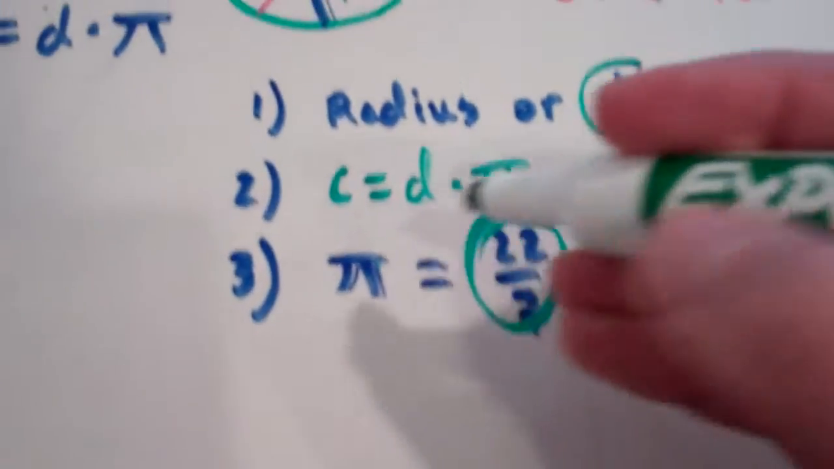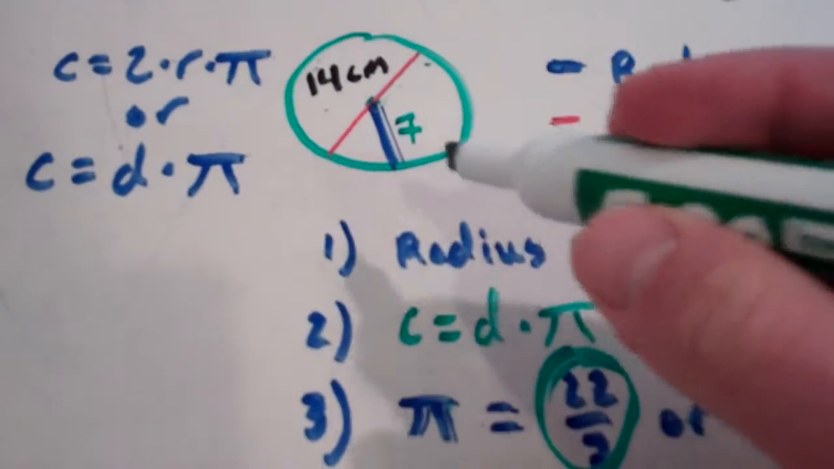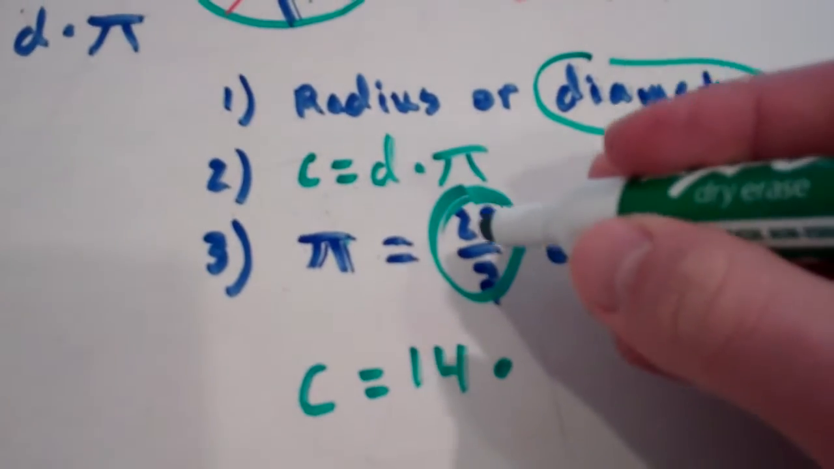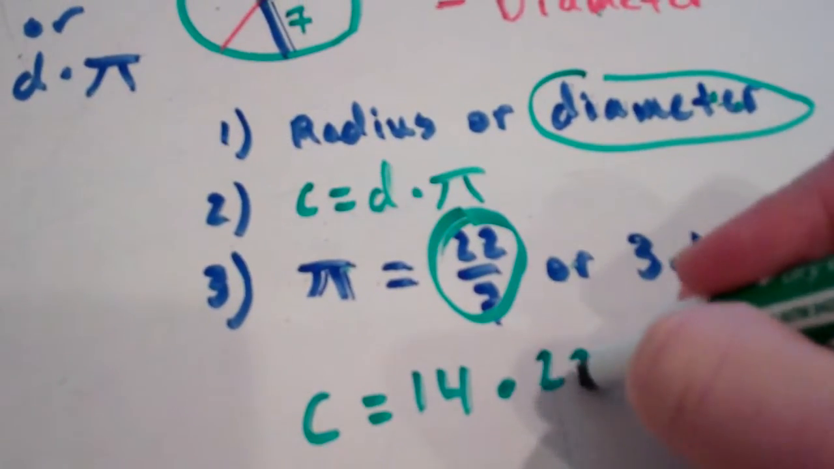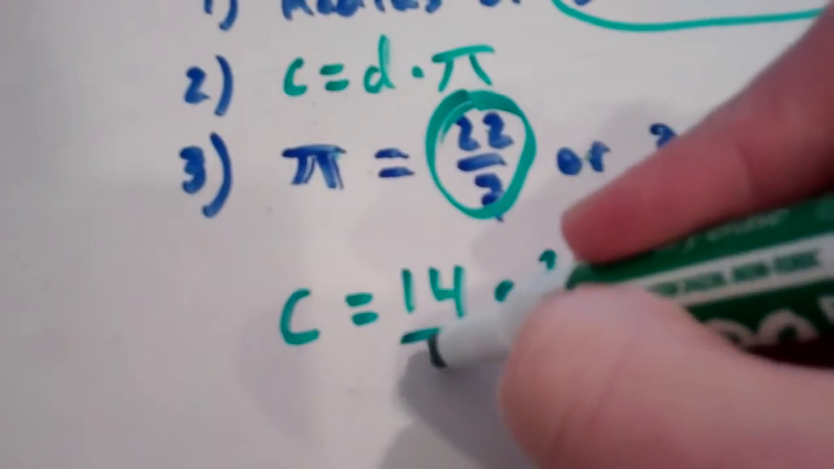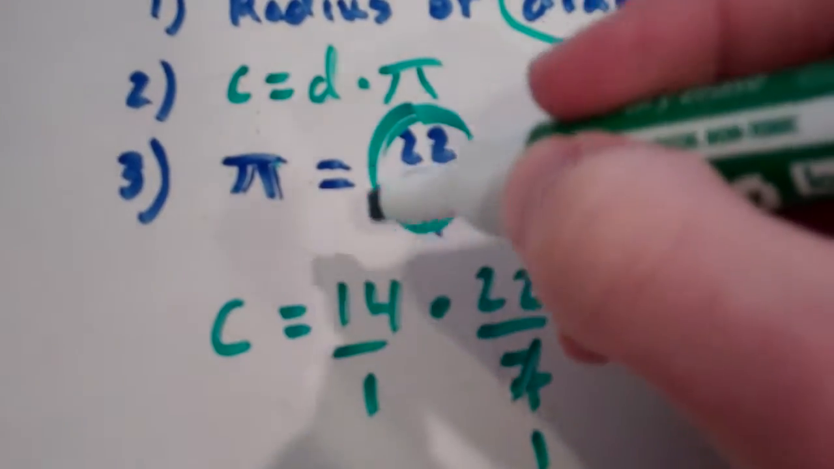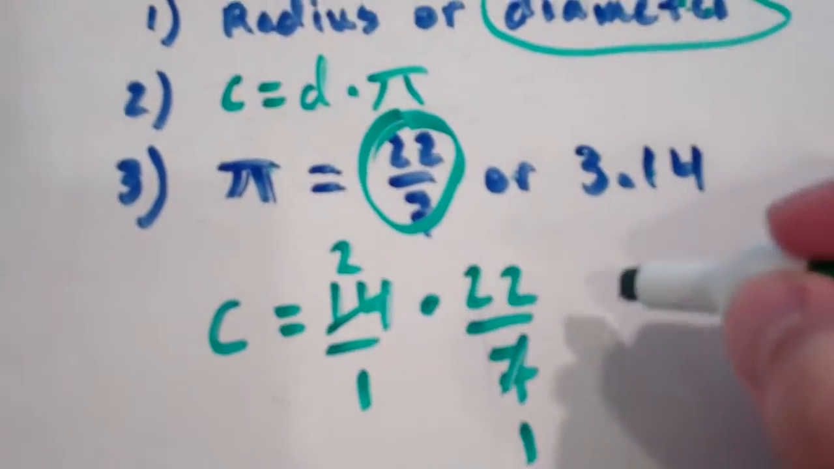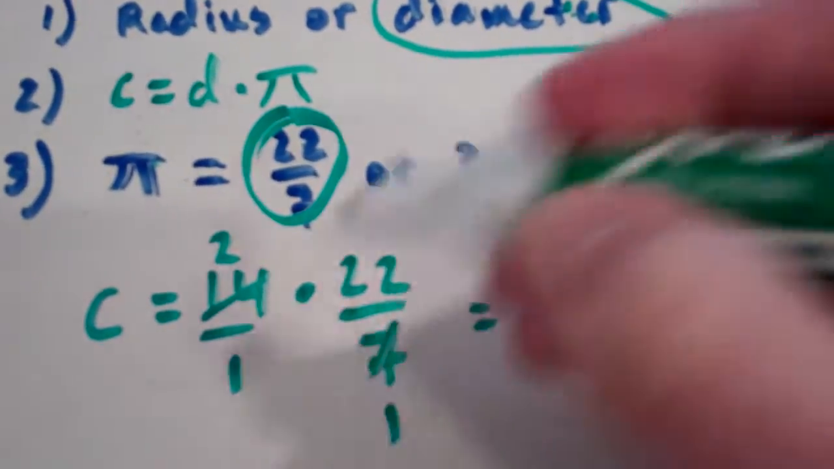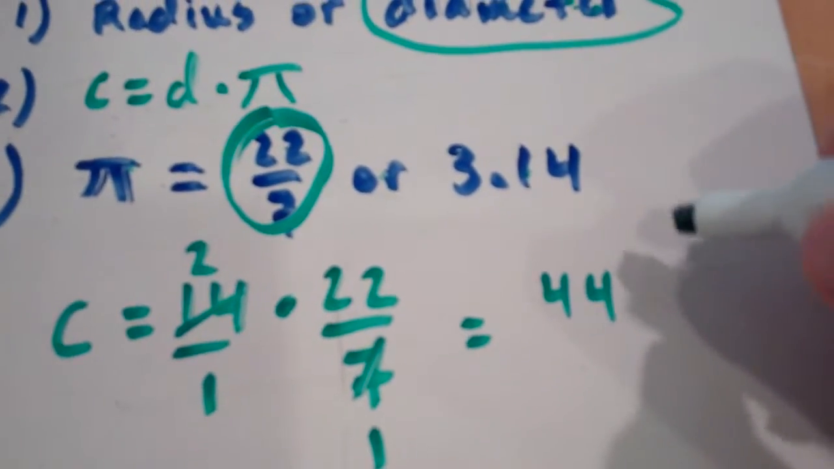So I'm ready to finally solve it. So my circumference will equal my diameter, which is 14, times my pi, which I'm going to use 22 over 7. And I can see that I can simplify before I multiply. So I can cross off the 7 and make it a 1. I can cross off the 14 and make it a 2. And then multiply straight across. And 2 times 22 is 44. 1 times 1 is 1. And I don't need to write over 1 here. And so I get 44